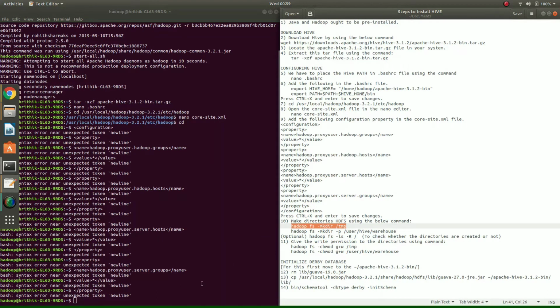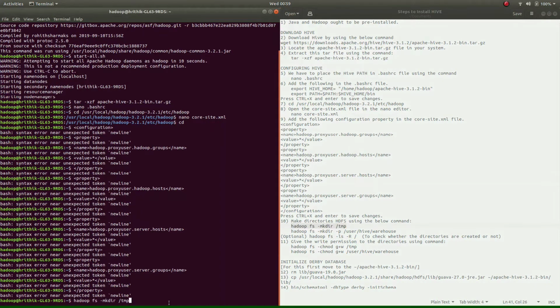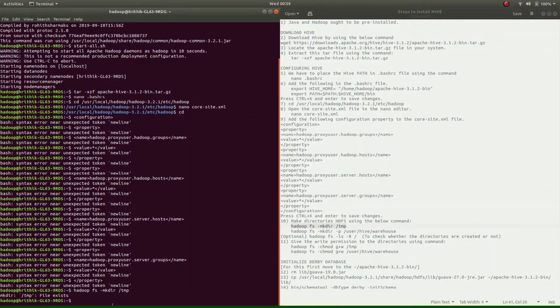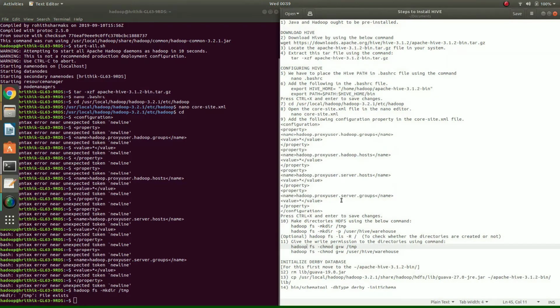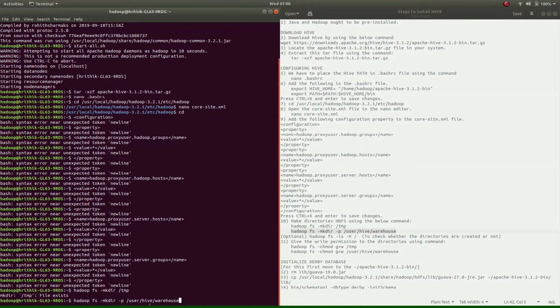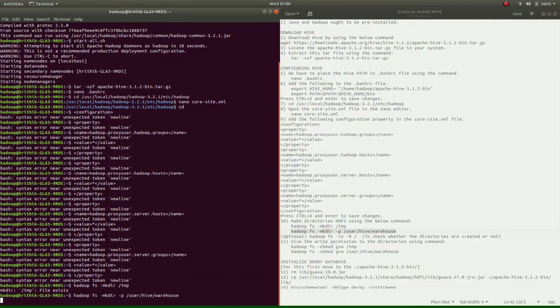In my system the hdfs/temp folder already exists because I used this temp folder while installing Hadoop, but for you it will be necessary. This will make a Hive folder in our system.